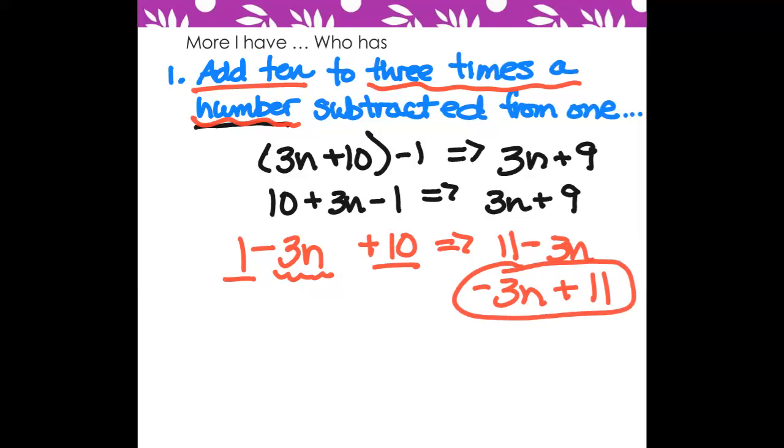That is the correct answer. So these are harder. Do you see the difference? It's not 3 times the number subtract 1. It's 3 times the number that is subtracted from 1. Okay? How much time do I have? I don't have any time left, do I? All right. So we will still work on this. Please make sure you put those whiteboards back up. Make sure you are working on homeworks 1, 2, and 3 on Canvas. And we will